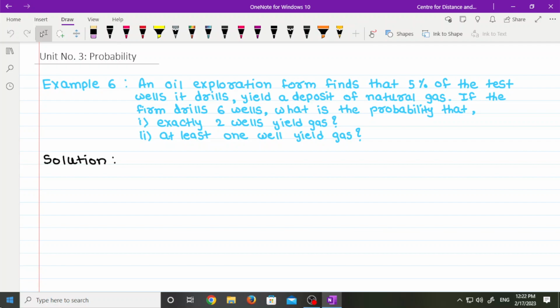If the firm drills 6 wells, what is the probability that first, exactly 2 wells yield gas, and second, at least 1 well yields gas? Okay. Solution of this: